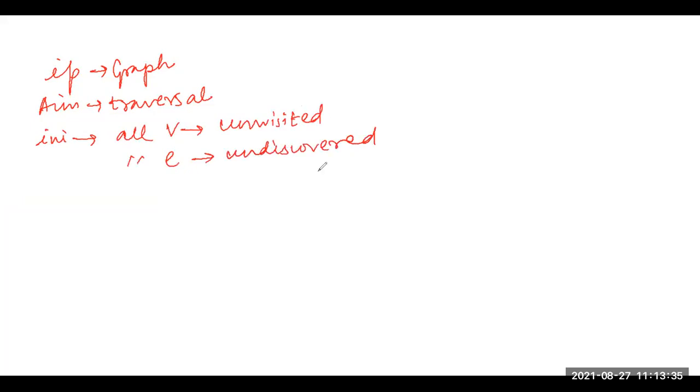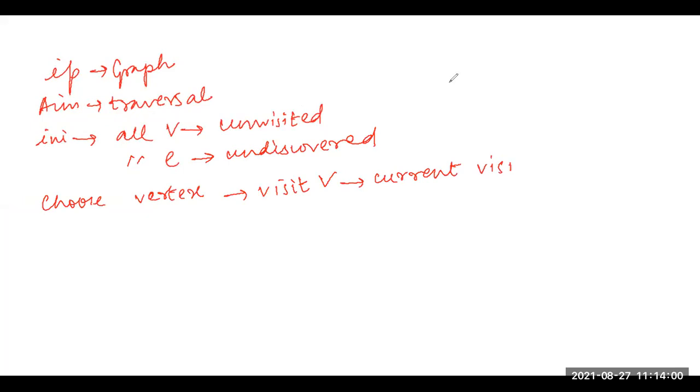right? Then we did what? Then we choose any arbitrary start vertex, right? Then we visited that vertex. Whenever we visit a vertex and we start looking from that vertex, we set that to our current vertex.